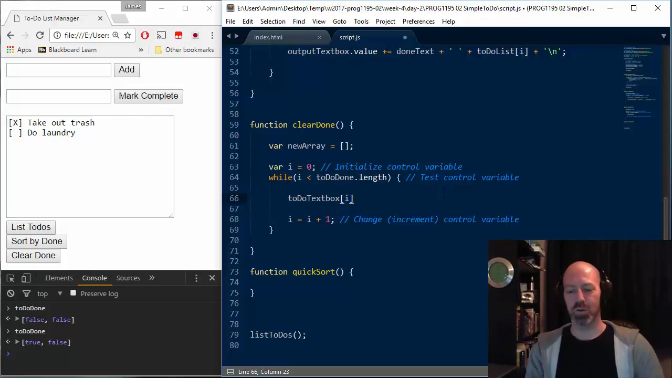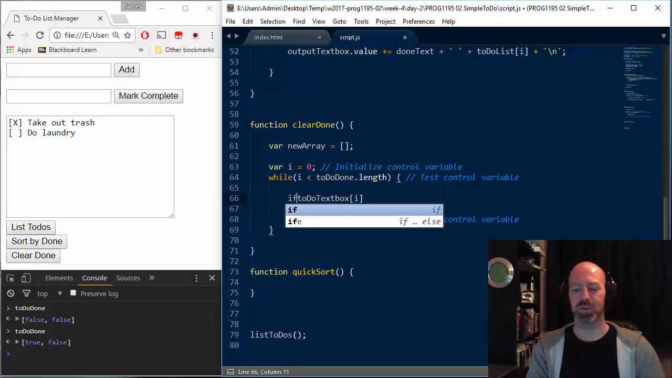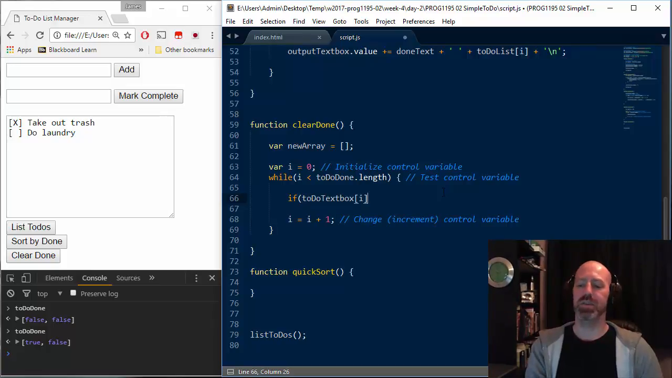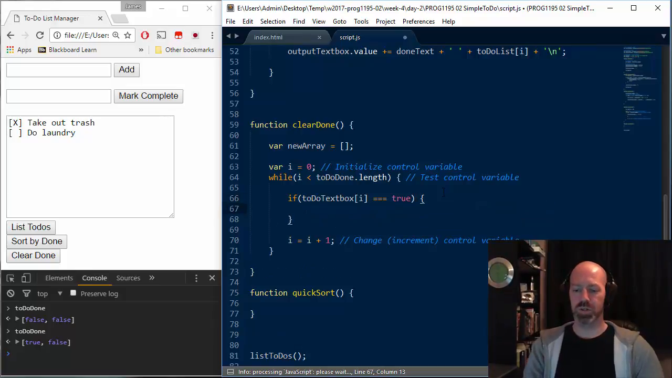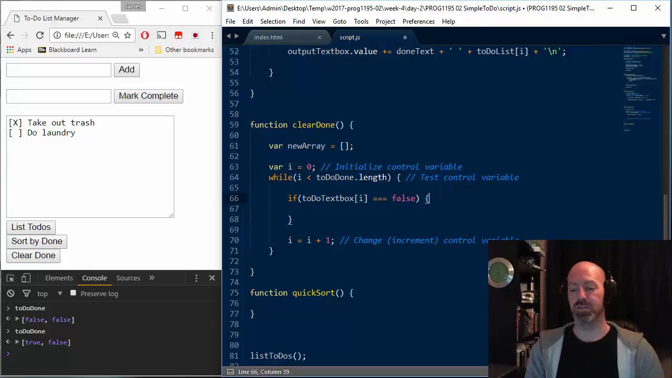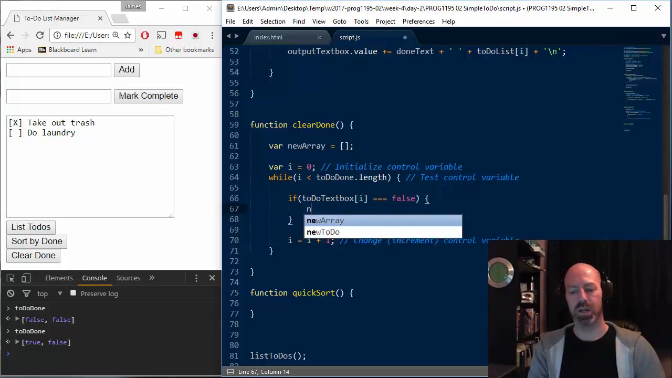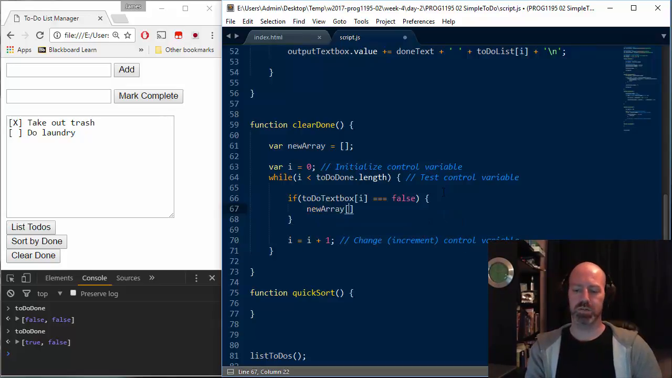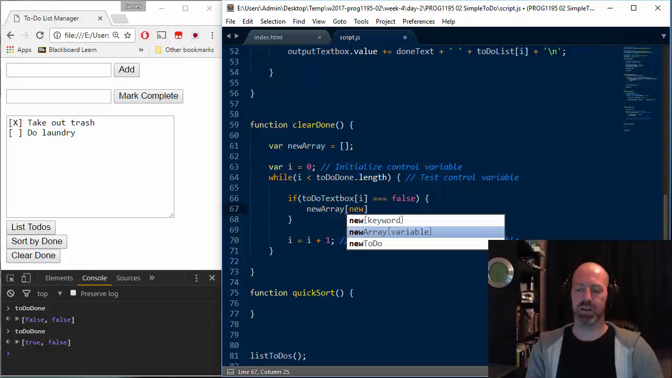Okay, so we're checking whether that is something or other. So we're going to do an if here. And our if is: is this element currently true? Because if it's true, we're done. Actually, we should probably be checking for false. This is the easier way, all right? And if it's false, meaning if it hasn't been done yet, we want to keep it in the list, all right? So our new array, we're going to find the last element of that array,